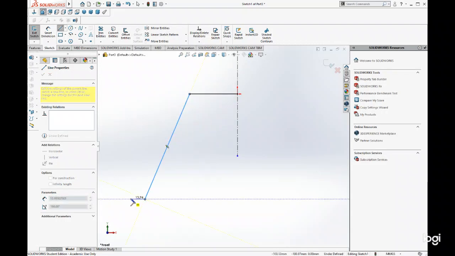Then I want to draw the pedestal, and this doesn't have to be perfect. We'll go back and dimension it later. Then I'm going to draw about to here, because that arch, I want to put that arch in. So about there. And now to draw that arch, the easiest way to do that is to keep it on